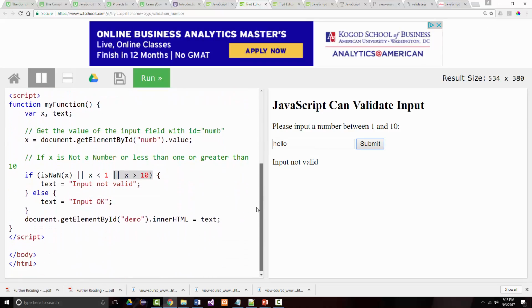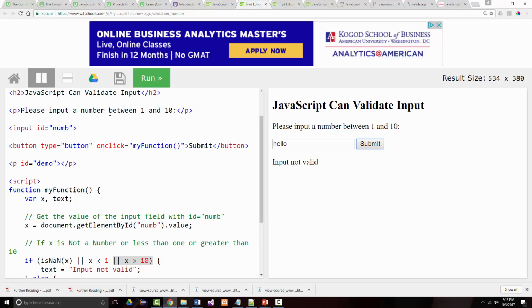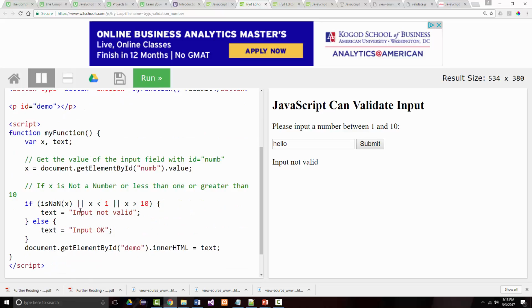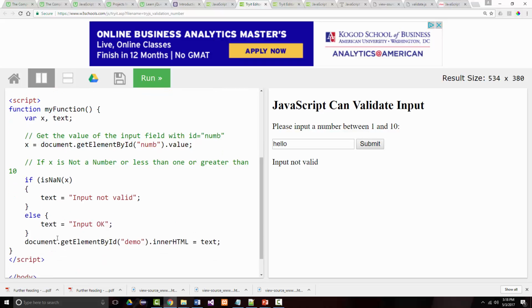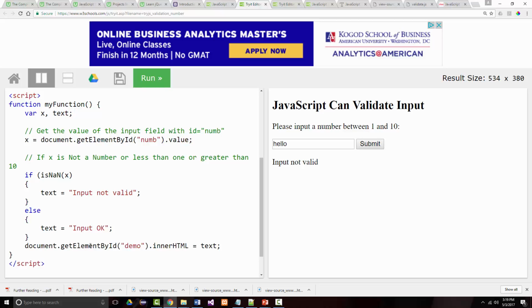So it's a combined check. If we only wanted to check, if we told you to enter a number, period, just input any number, it doesn't matter. So we don't care about the size or whatever. Then what we'd say is, if it's not a number, say that it's not valid. Otherwise, say that it's okay. So now, if I put in